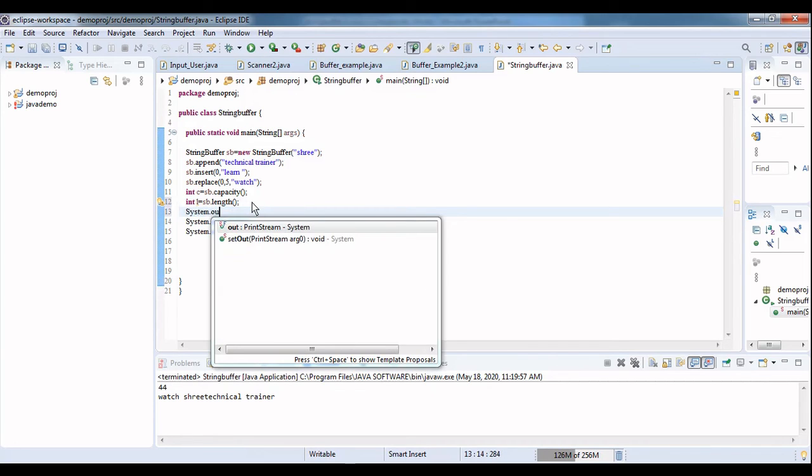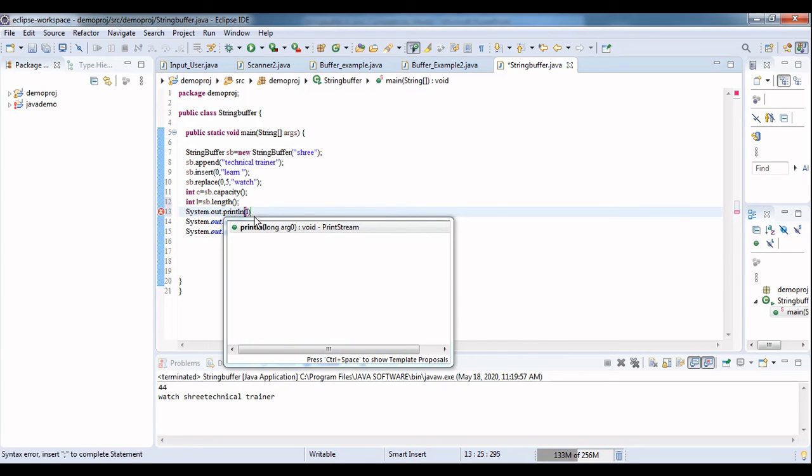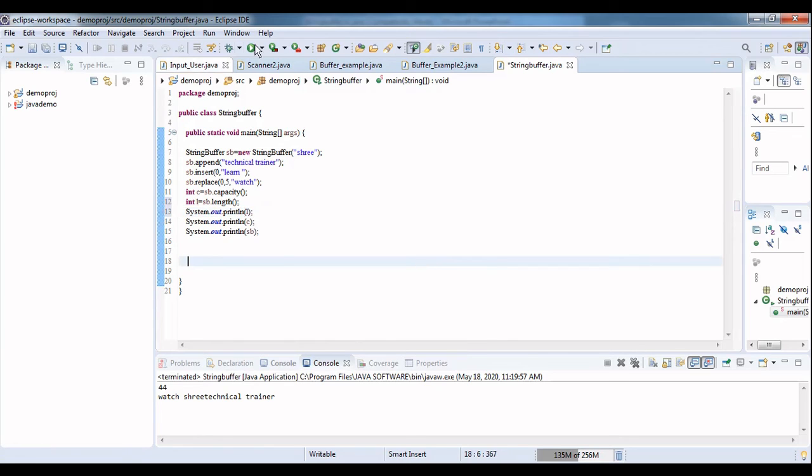System.out.println L. So the length is 28. What's the capacity we are getting? 44. So what is the use of length? The length returns the number of characters in the string buffer, whereas the capacity returns the number of spaces allocated. So this is the difference between length and capacity.